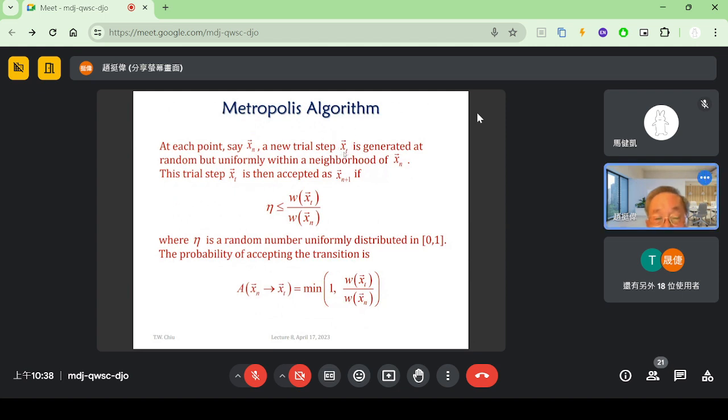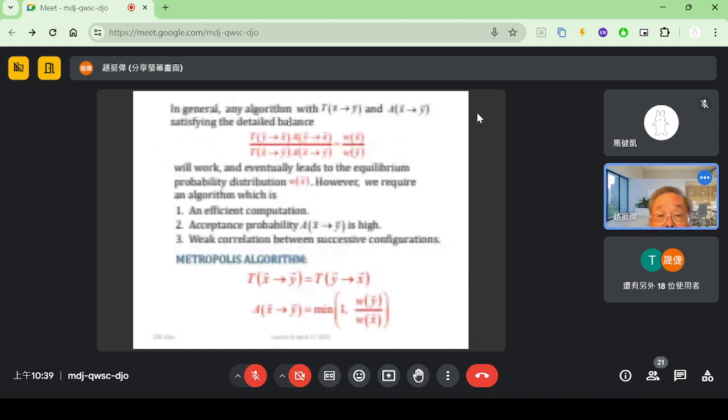At each point, you have to generate this point first, and then the probability of getting this point. Because it's generated randomly, but uniform within the neighborhood of xn, there must be some probability. Not necessarily will you go to this point; you may go to another point. So another trial configuration will be generated. Each trial configuration has a different probability. That's why I have this T. But since I do it the same for every point,